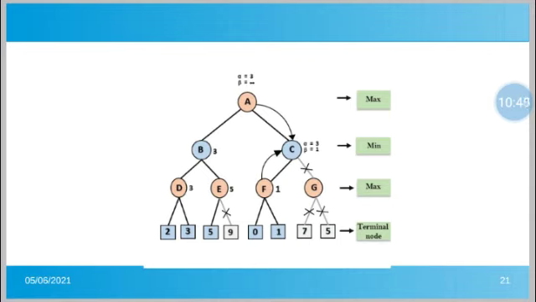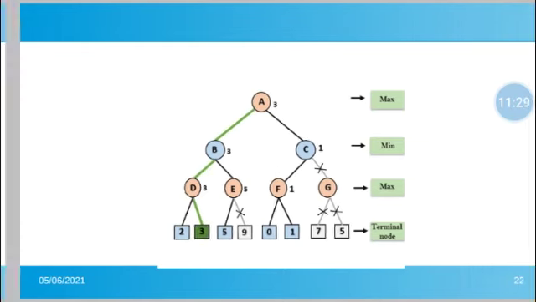Now whenever we come to A, at A there is a maximizer, that is alpha, which will choose the maximum value between B and C. So at B, the minimizer had chosen the value 3. At C, the minimizer had chosen the value 1. So the maximum between 3 and 1 is obviously 3. So at A, alpha, that is the maximizer, will choose the value 3. So this is how the alpha beta pruning algorithm works. As we are backtracking, the branches that we are not going to use in the future, we are going to prune, that means we are going to cut them off. So this is how the alpha beta algorithm works.